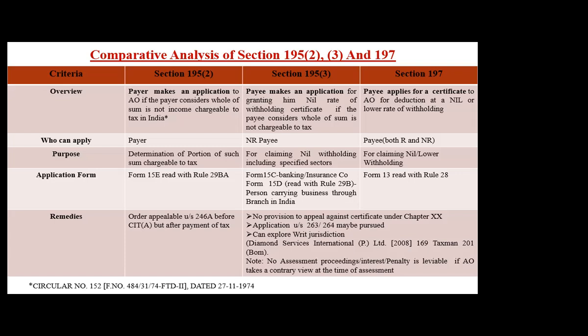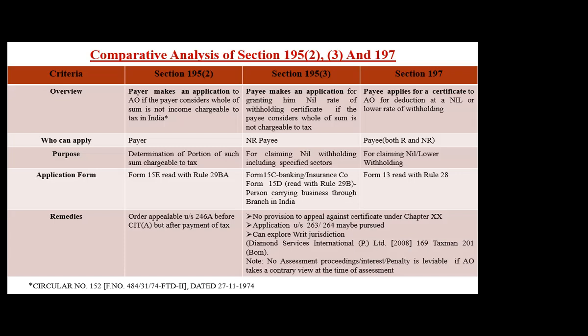Sir, 195(3) is for specific persons. They have defined the category of persons also. Only a banking person, an insurance person, or a person who has a branch in India. They can avail 197; in 195 subsection 3 they will get a nil rate. In 197 they can apply for a lower withholding also, where a nil rate is not needed. But there is a dedicated